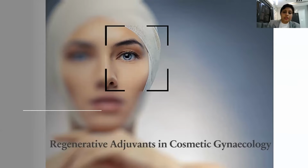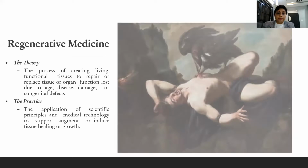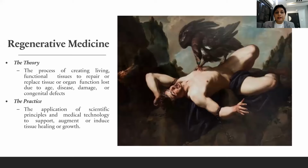So now coming to this topic of regenerative adjuvants in cosmetic gynae. From where has this concept come? The theory behind it is the process of creating living functional tissues to repair or replace tissue or organ function, which is lost due to age, disease, damage, or congenital defects. And the practice of regenerative medicine is to apply scientific principles and medical technology to support, augment, or induce